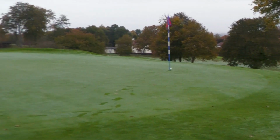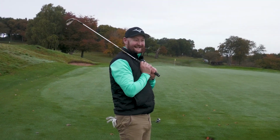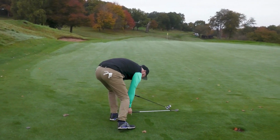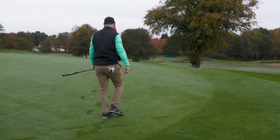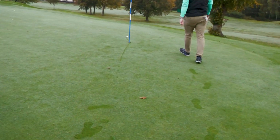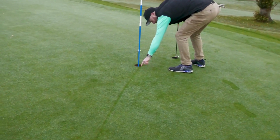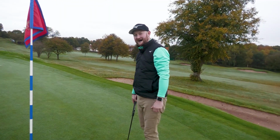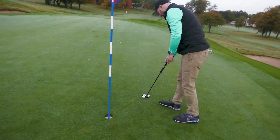Oh, you're kidding me. You are absolutely kidding me. That is a nasty little lip out. A nasty, nasty little lip out. Just come and have a look at where this ball's run. The beauty of having the dew. You can see where it's literally run over, caught the lip and come out there. If that was half a ball that way, that was a nice chipping eagle, but